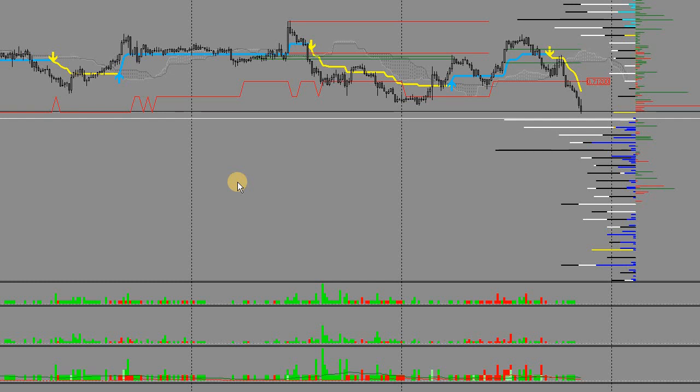The price is not driven by supply and demand in the market. It's quite the opposite. So if there are more dumb money traders on the long side, the algos will push the price down. If there are more dumb money traders on the short side, the algos will push the price up, and they will go for their stops. And it's a bit more complicated than that, of course.